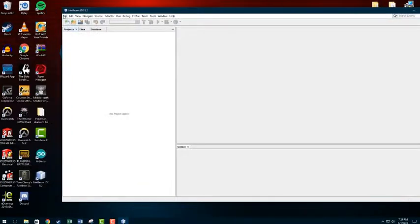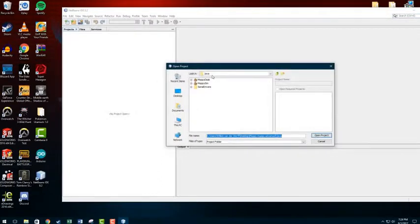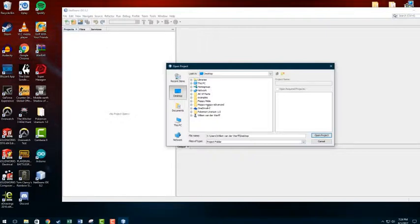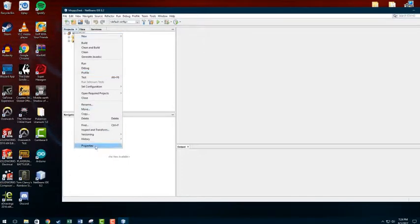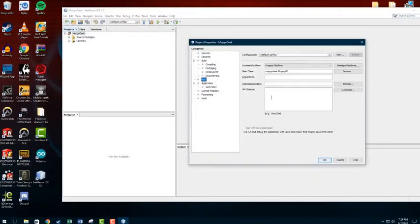We are going to open a project. We're going to go to the desktop and find wherever your moppy advanced file is. Go into Java and open up moppy desk. Then you want to right click it, go to Properties, go to Run, and type in the following: -d